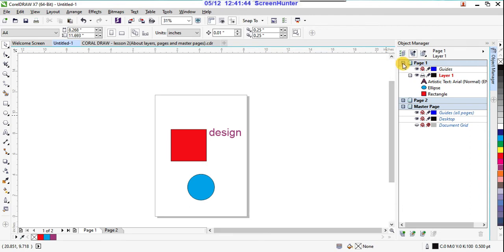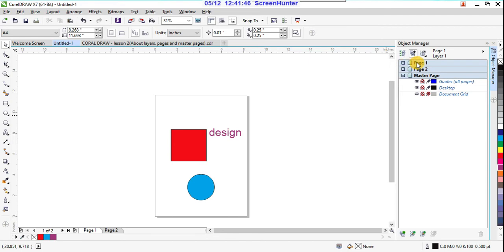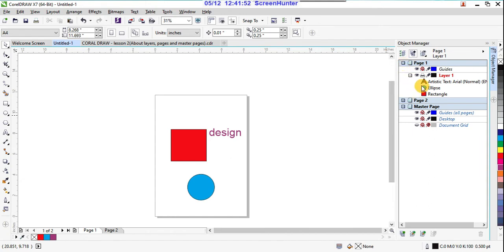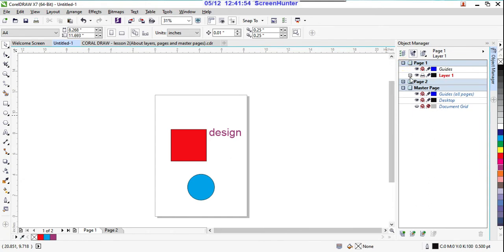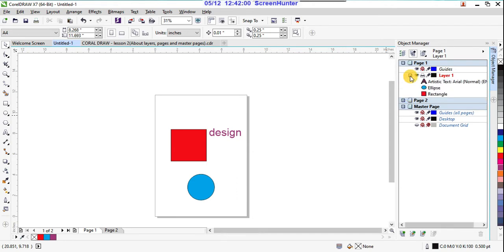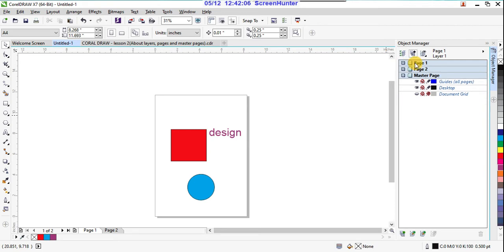Suppose here you minimize this, see it is showing a plus symbol here, you click on that and open it. Suppose you close it, your page is open, but the inside contents, the layers, you are closing, or otherwise you close the entire layers here, right?